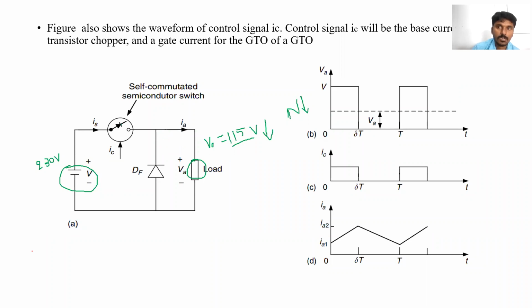So how does this armature terminal voltage vary? By varying the on and off timing of the switches in the chopper circuit, the output voltage of this chopper circuit varies. If this output voltage varies, the speed of the DC motor also varies. This is the conclusion. Now, did you get the concept?